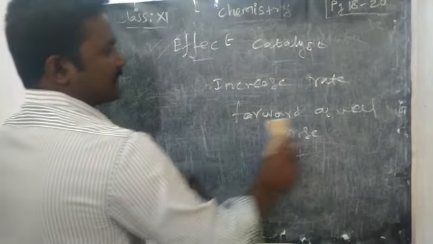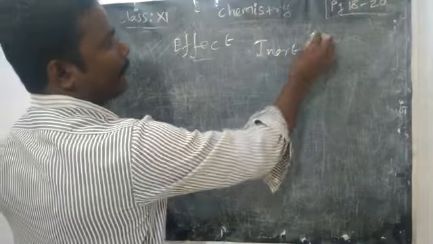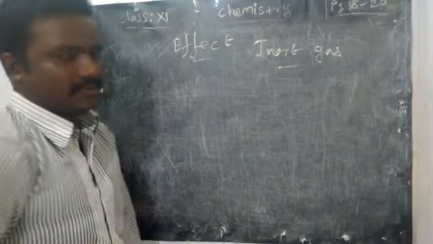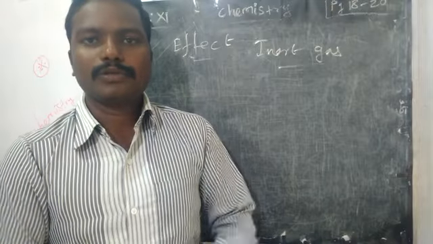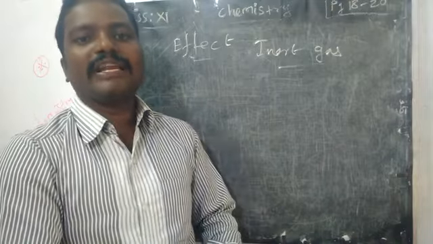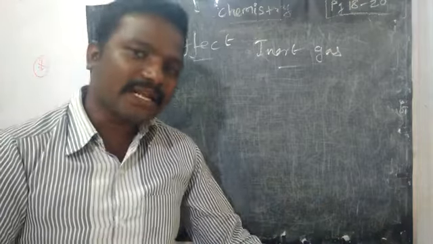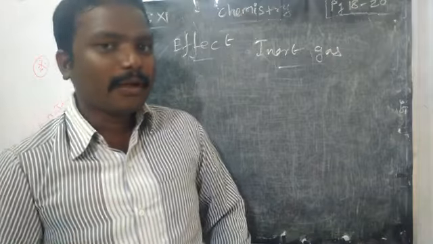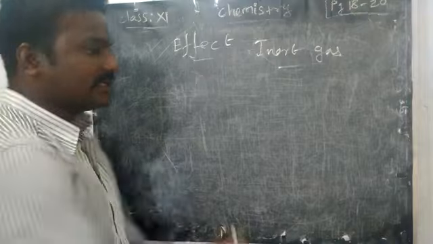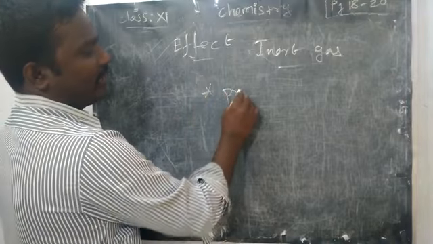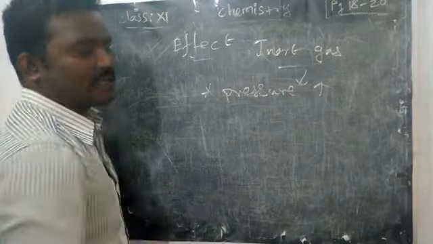Okay, clear? Yes, the last one, by applying inert gas. Inert gas means what? It will not react with anything easily. So by addition of inert gas in the equilibrium, it will not react with the reactants as well as the products. But you should remember it is a gas, so it may increase the pressure. Because of the addition of inert gas, it may increase the total pressure.